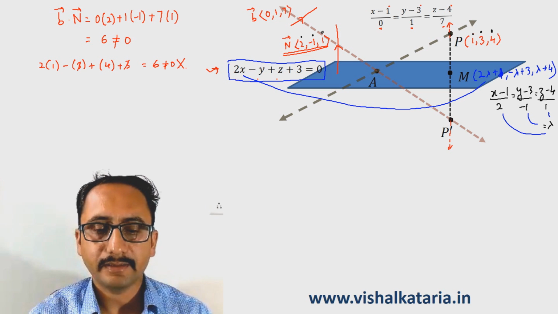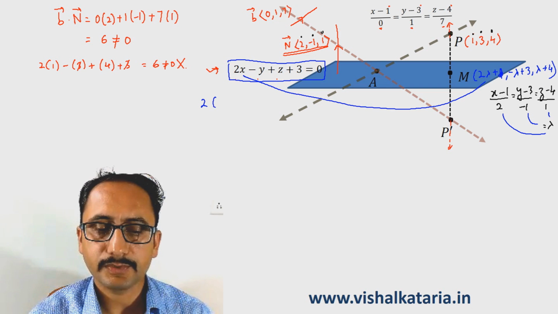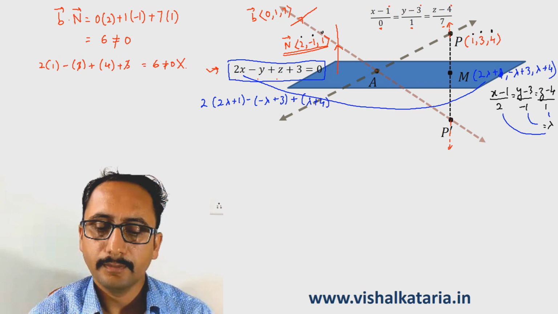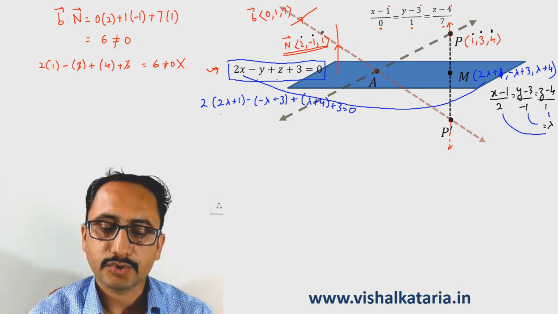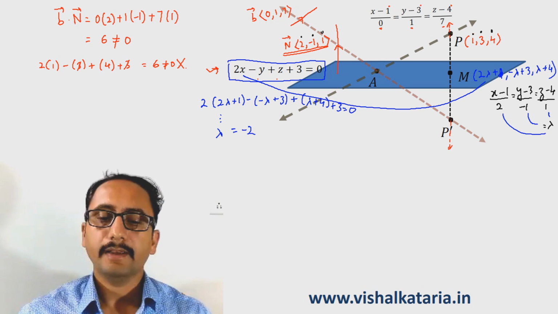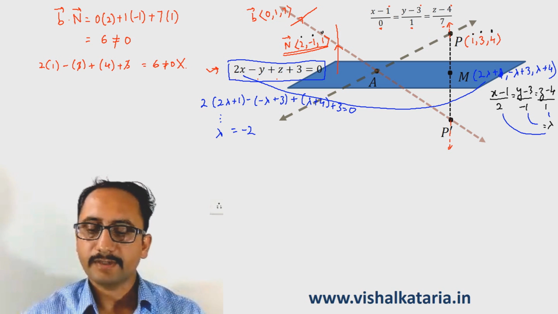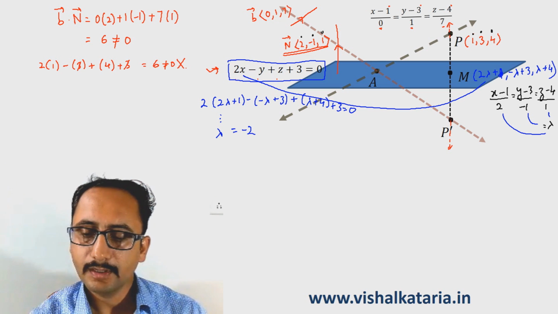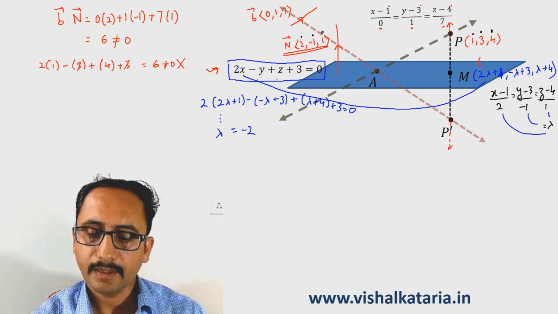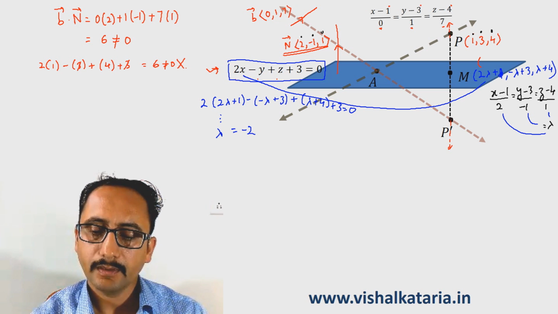I can find lambda in that case, so I will get 2 times (2 lambda plus 1) minus (lambda plus 3) plus (lambda plus 4) plus 3 equals 0. Solving, I will get lambda equals minus 2. And if I substitute lambda equals minus 2, I will get the coordinates of M, and the coordinates of M will be minus 3, 5,